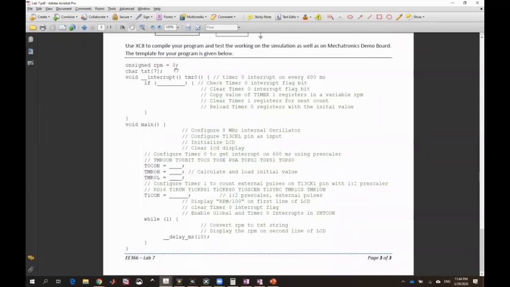The template for writing this program is given to you, and it makes it very easy for you. Timer 0 should be configured to generate an interrupt on every 600 milliseconds. So follow these steps and complete the program. Configure the 8 megahertz internal oscillator and configure the timer 1 clock pin as input pin. Initialize the LCD, clear the LCD display. Configure timer 0 to generate an interrupt on 600 milliseconds. Using a prescaler, calculate whatever prescaler you need. 600 milliseconds is greater than 65535, so you need a prescaler. So calculate the prescaler and